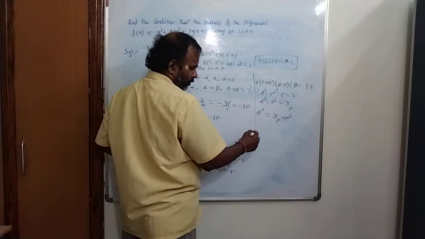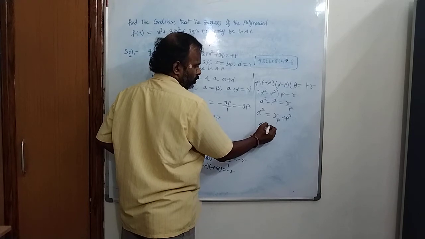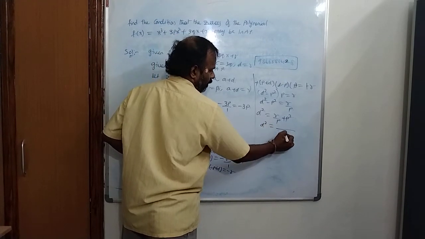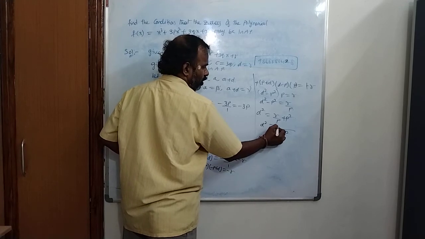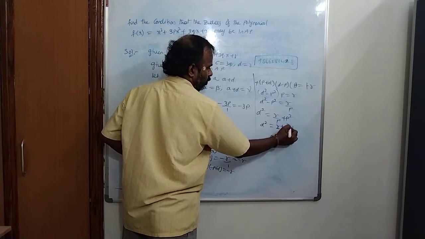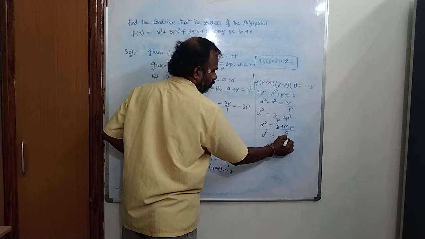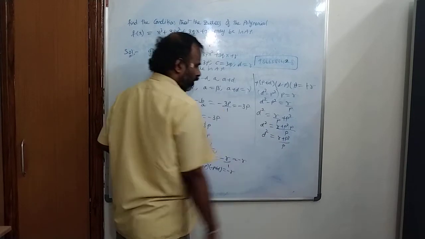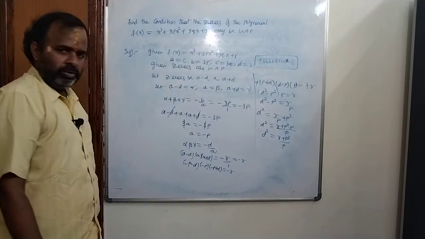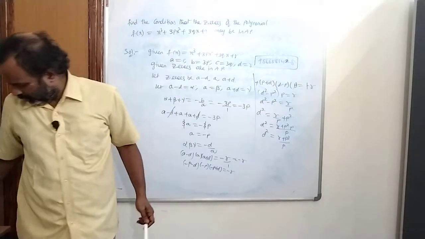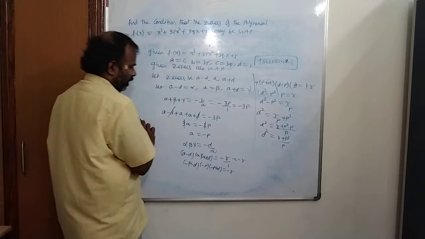So d square is equal to, LCM will be p, so r plus p square into p. So d square is equal to r plus p cube by p. Okay. Now we have to go for one more condition, that is